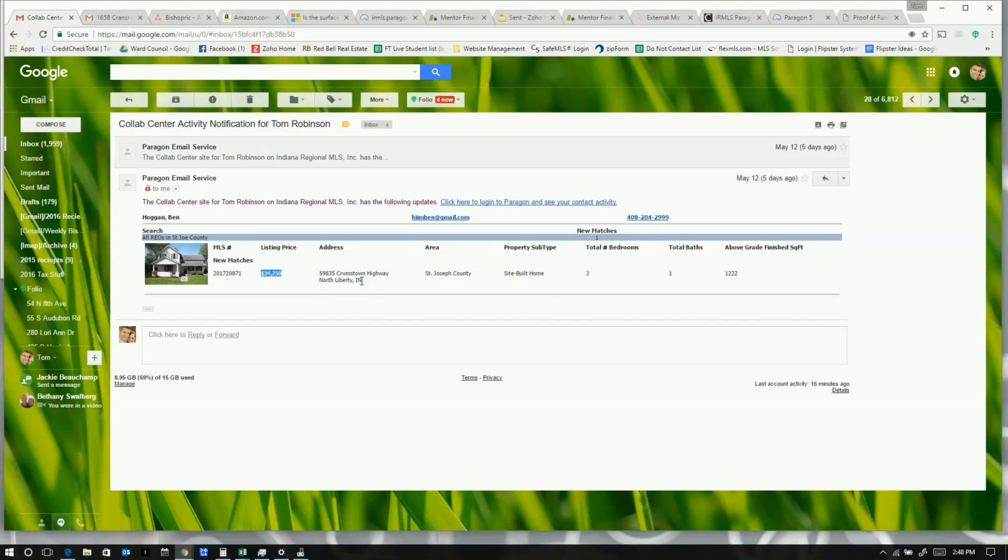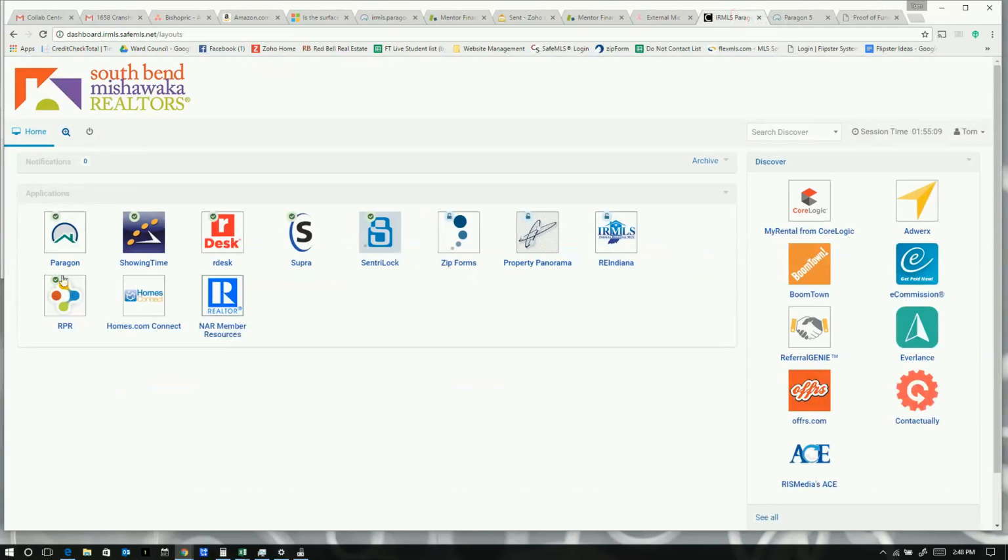And this one's probably going to be a good one because North Liberty doesn't have a lot of comps. Like, there's not going to be a whole lot of homes that have sold recently in that area. So this will be a good example of where it's not so easy to calculate the ARV. So first thing we do is we're going to log into the MLS. So once you log in, you type in that passcode, then it takes you to this screen. You're going to click on Paragon,